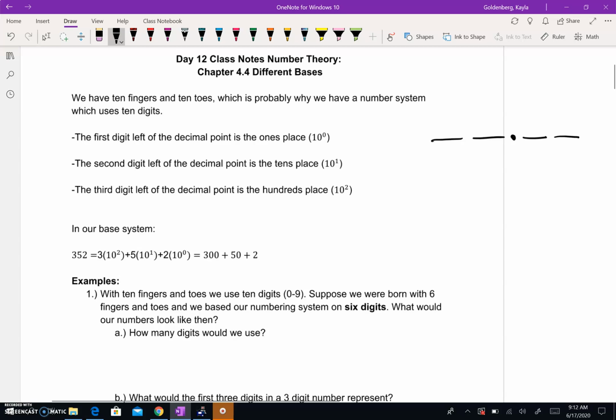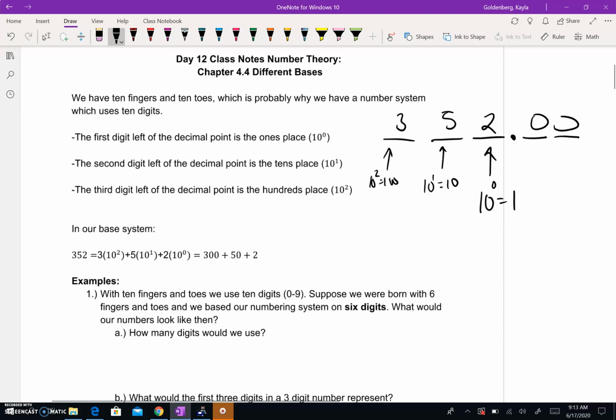The first digit to the left of our decimal point, so here's my example. So first digit to the left of a decimal point is 10 to the 0, which is 1. That's our ones digit. The second digit is 10 to the first, which is 10. It's our tens place. The third digit is 10 squared, which is 100. So in our base system, here's a cool example. If I look at